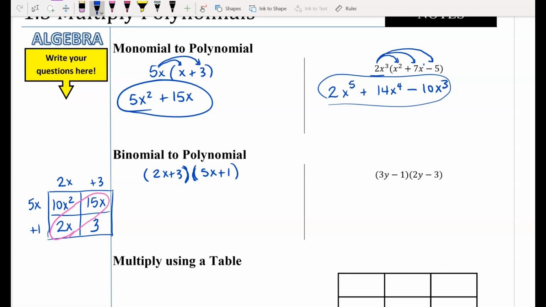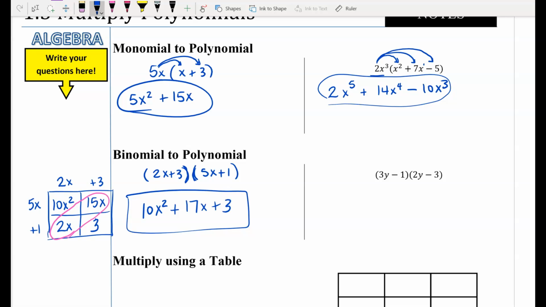So I can combine those as I write my final answer. I have the 10x squared. I'm going to add to that 15x plus 2x, which is 17x, and then plus 3. Remember, I was multiplying to fill in the box, but then I'm adding those terms that are inside after the multiplication is done. Now pause the video and try this next binomial times binomial, and be very careful with those